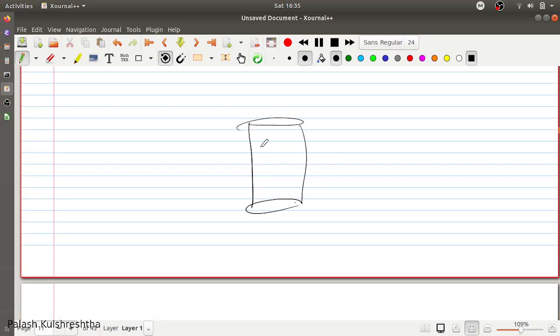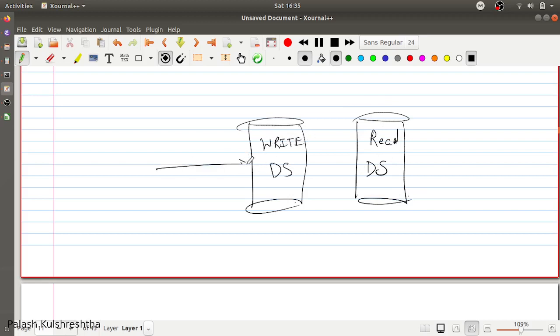We're not going to say database, we're going to say data stores, because this can be a read data store and this can be a write data store. All the writes are done here and they are synced to your read data store, and they can be accessed through queries.